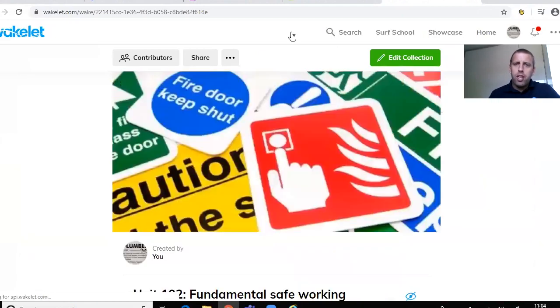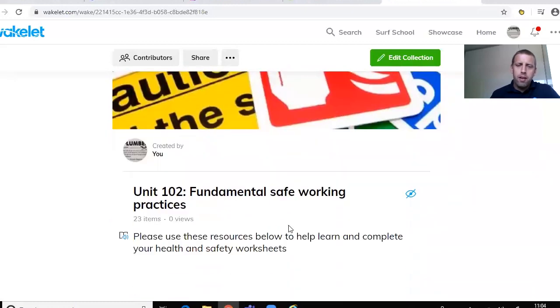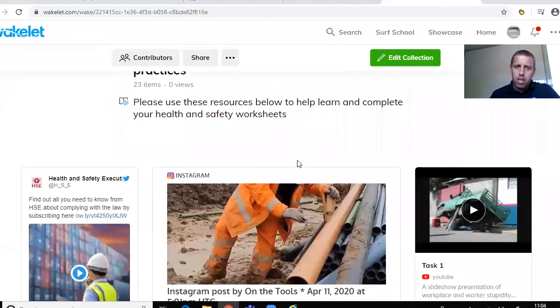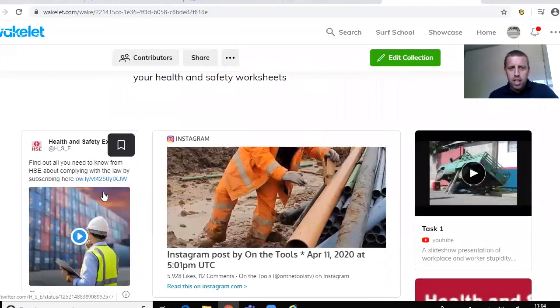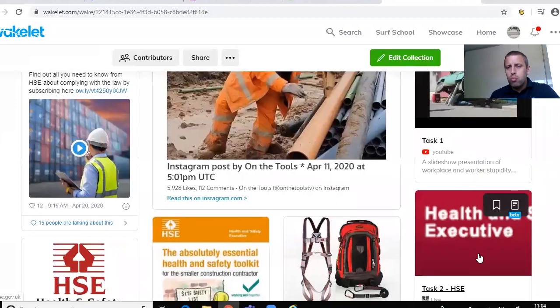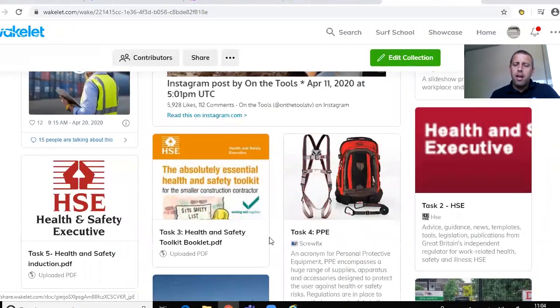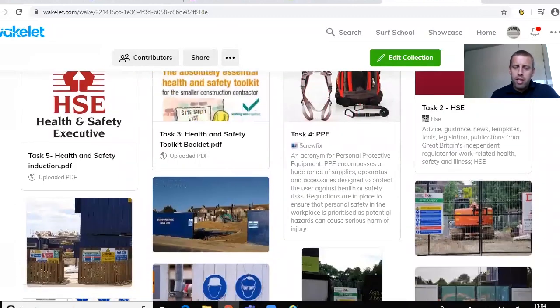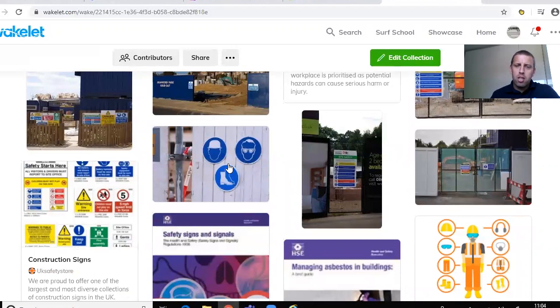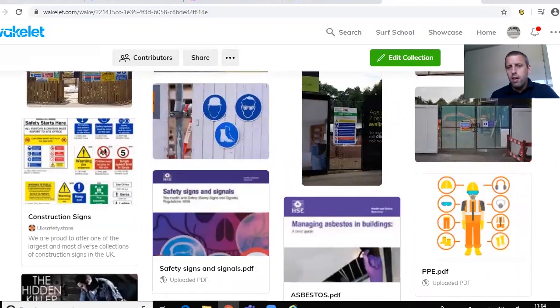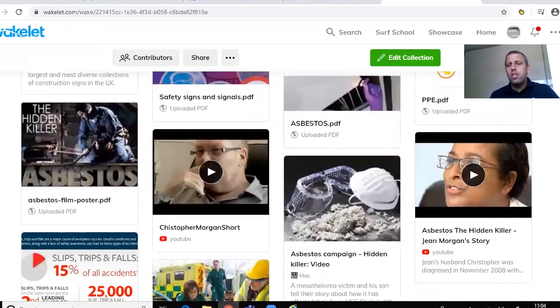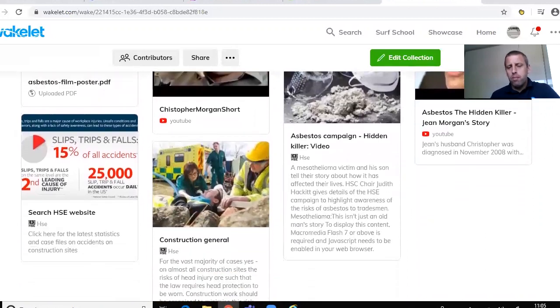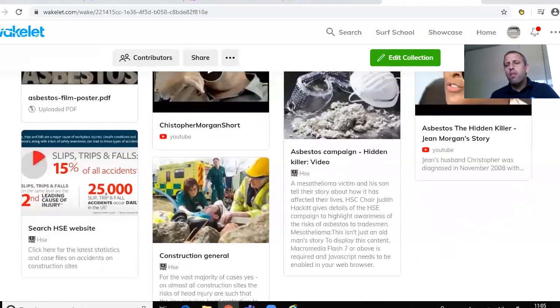If I scroll through that, I'll show you how to insert one in a minute. But for example, this is health and safety. Add all these nice pictures, make it look nice. And you can see I've added links to HSC. There's videos, Instagram accounts, YouTube, PDFs, websites, that sort of thing. Just images if you want to add them. Maybe you're just showing them examples of safety signs, for example, on here. So you can add loads and loads of different resources for them, but it's more focused on where you want